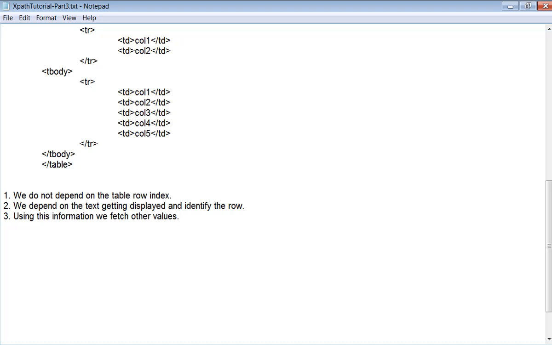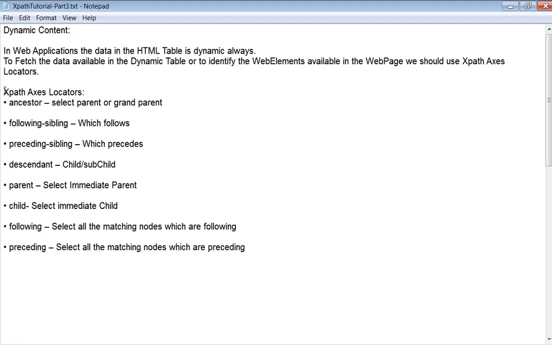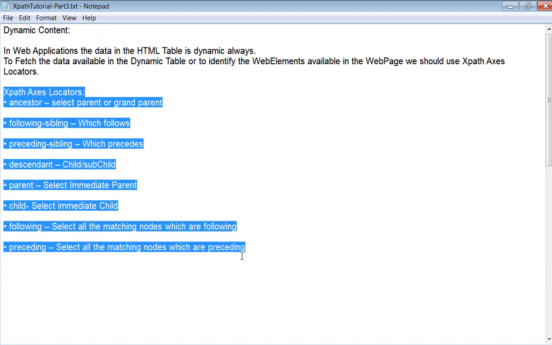But if you want to fetch other values, we have to depend on axes locators, because we are fixing the text and identifying the row. Based upon that condition, we are going to add extra information to fetch other column values.